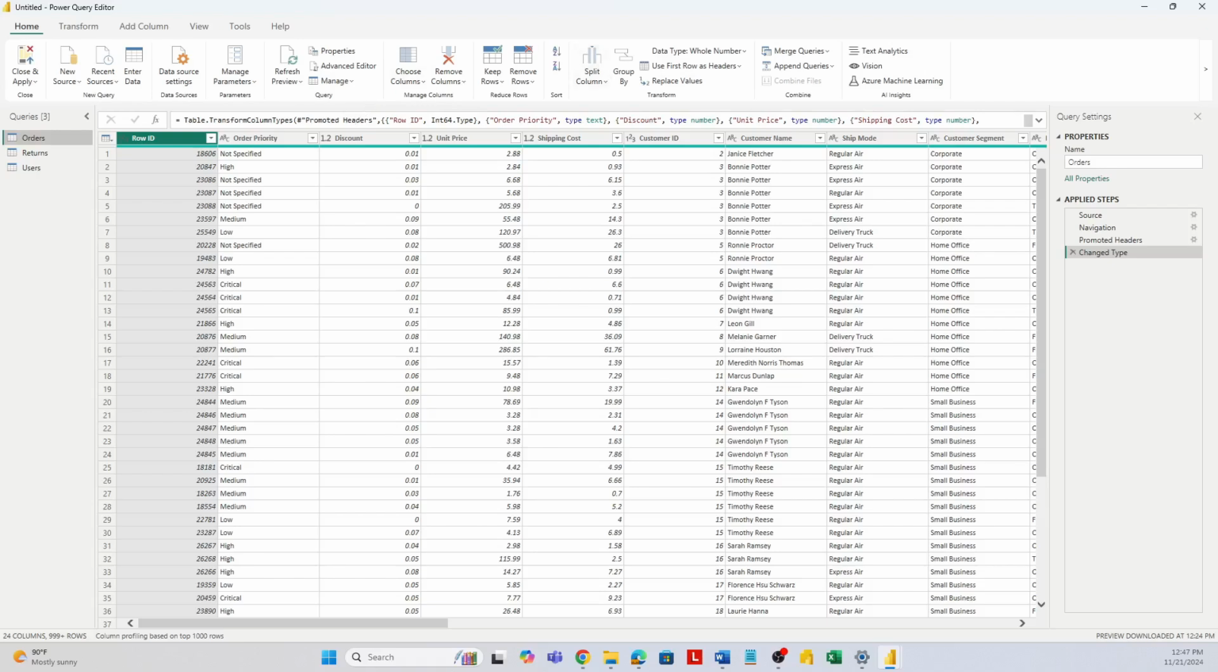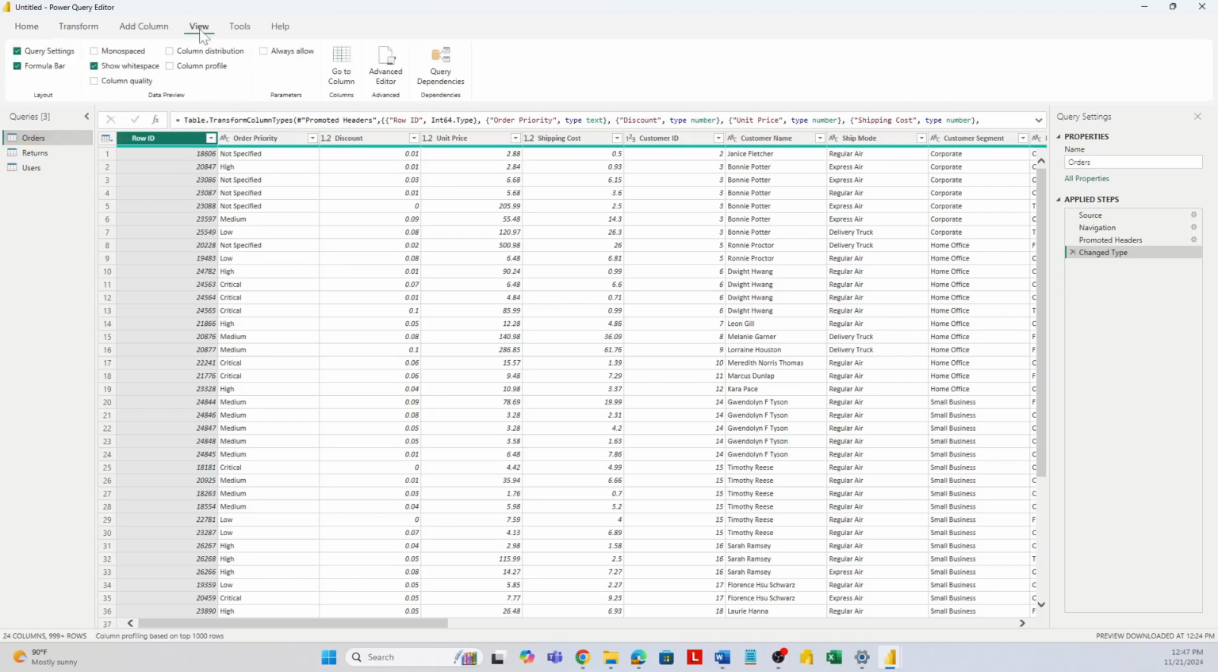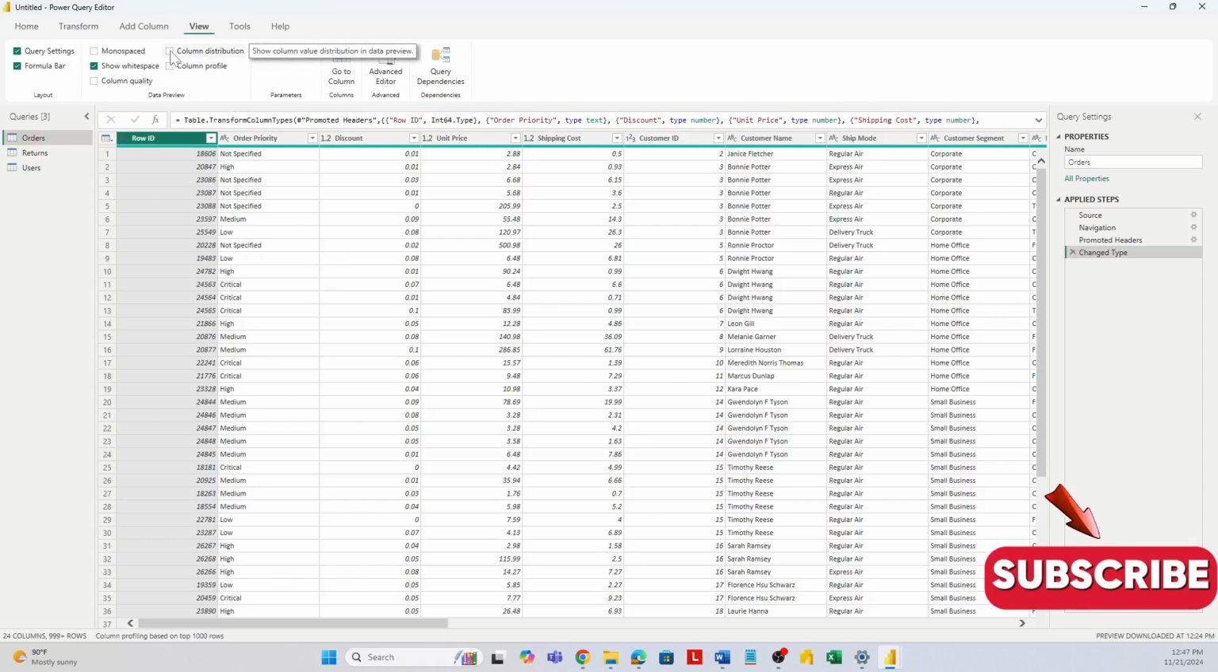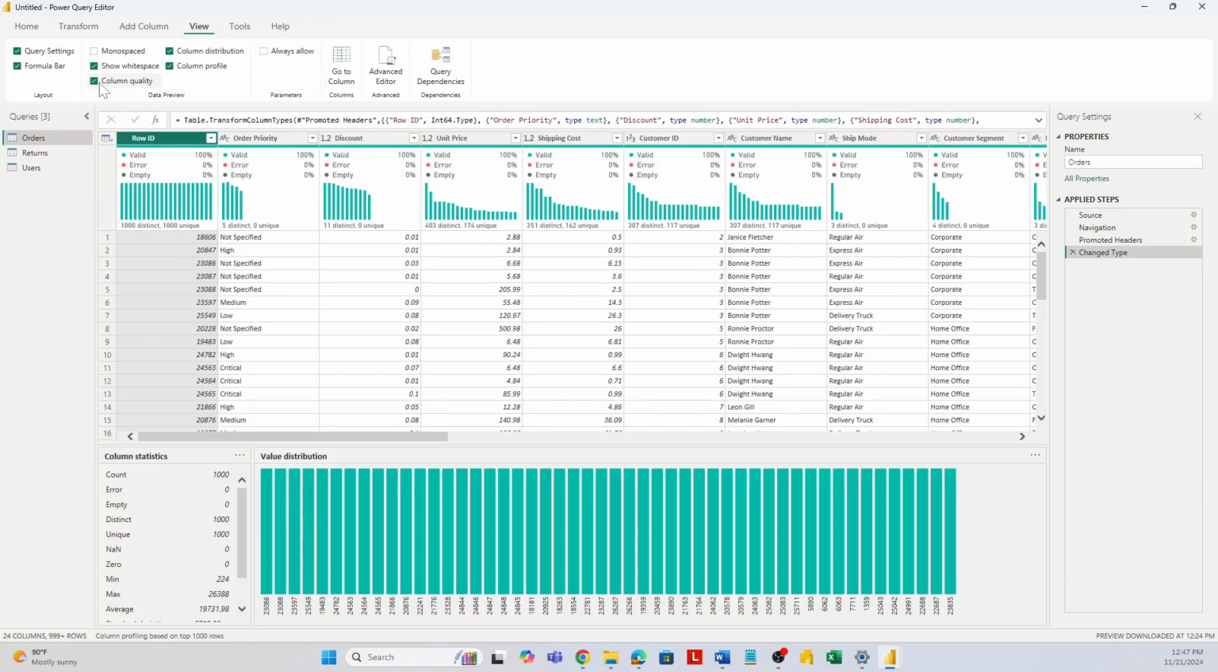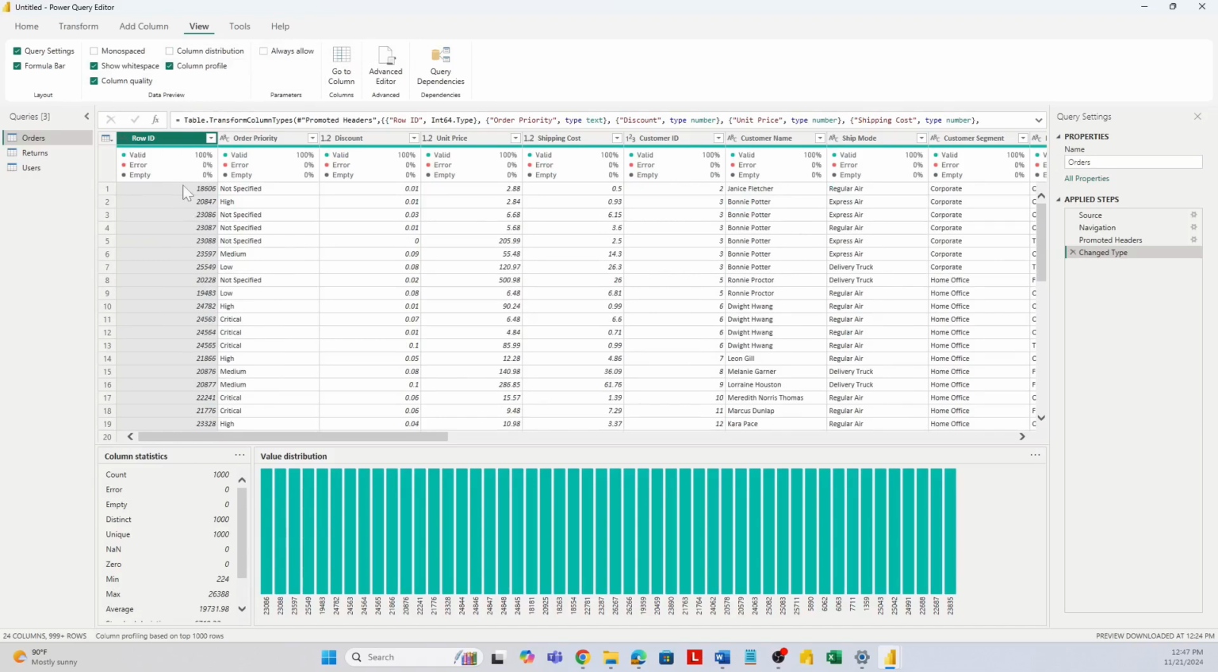Here is the Power Query aspect of Power BI. So all this here will help you to clean up your data. Basically, the first thing I do when I get to this page is to click on view and turn on column distribution, column profile, and column quality, as the case may be. Let me turn off distribution. You can see now that the column quality in particular gives you more information regarding each column